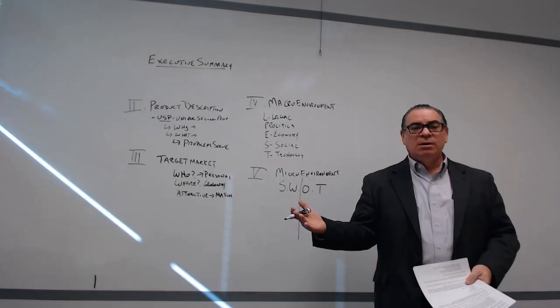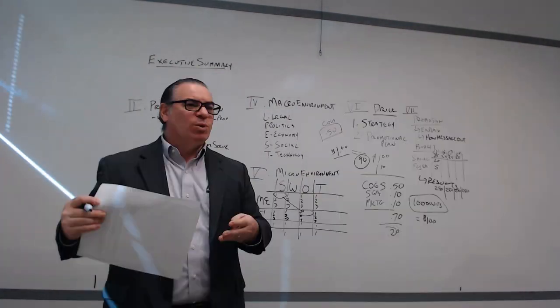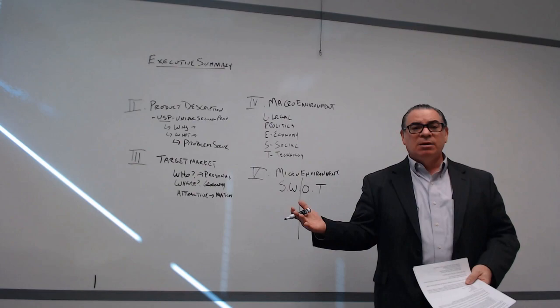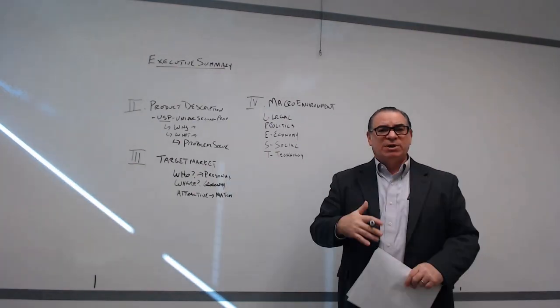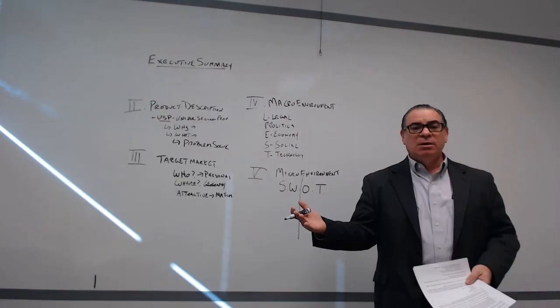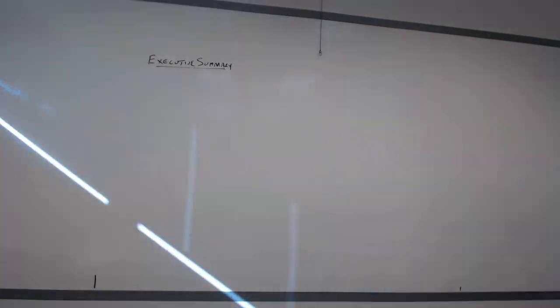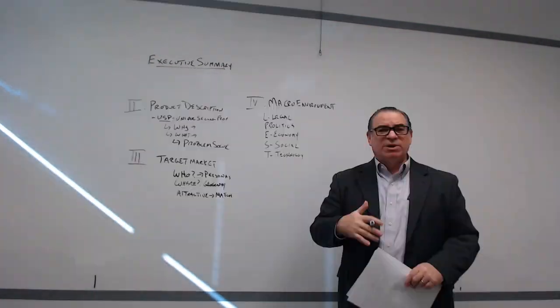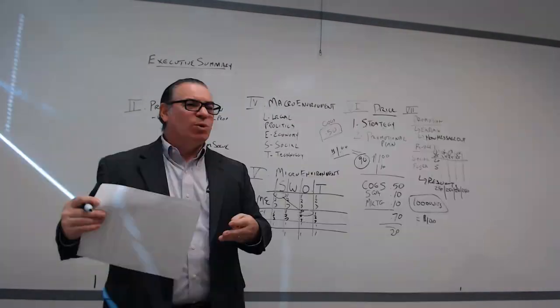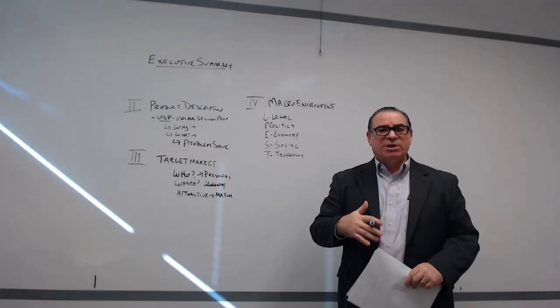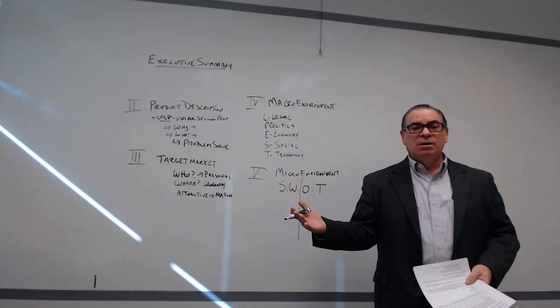We have product, which is in the product description. We have place, promotion, and price. So far in our marketing plan, we've covered promotion, price, and product. So you have to put the distribution channels somewhere in here, the place. So in this case, I would put place in the product description